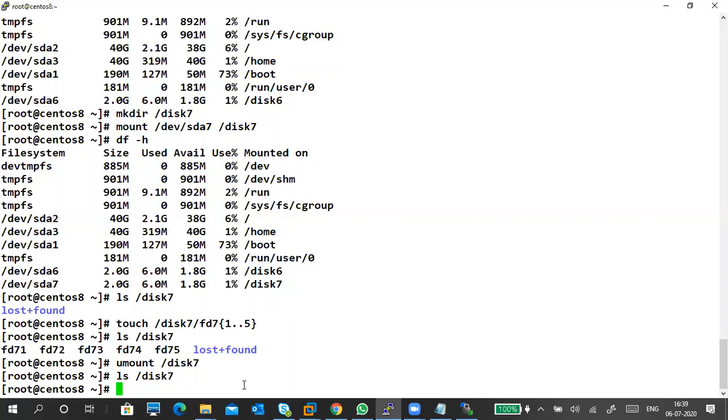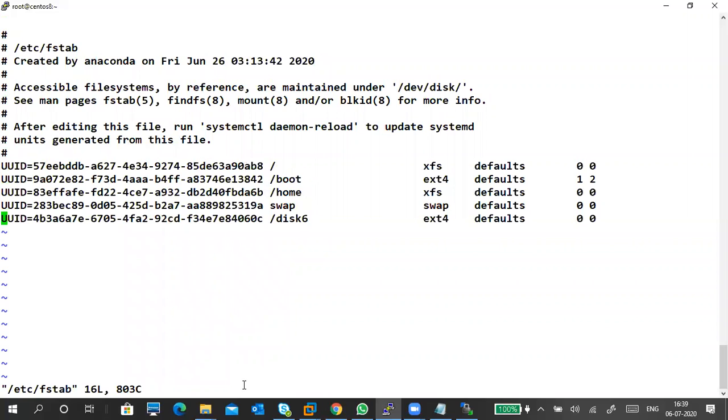Okay, fstab, right? vi /etc/fstab. Now small o for the next line: /dev/sda7. You don't need to maintain the exact same spacing, but if you maintain it, it is good.